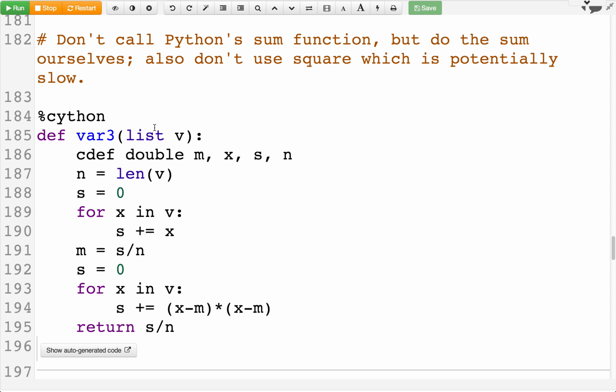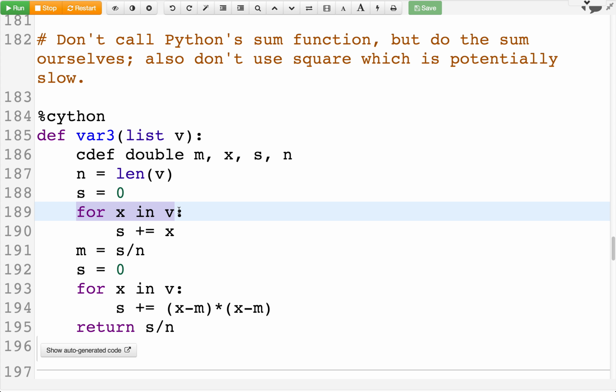This is, in any case, all I'm doing is getting rid of calling a sum function in Python. That's the point of this. But it still has to iterate through v, so there's a lot of work there. But what it's doing is it says for x in v. So what that does is it gets each of the entries out of v and turns it into a double because x has type double, and then it does that sum.